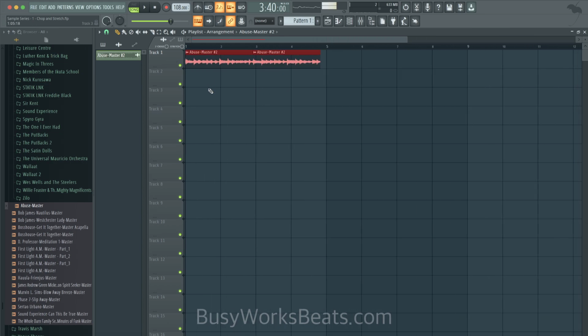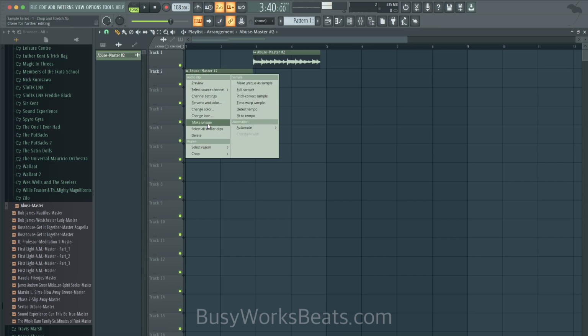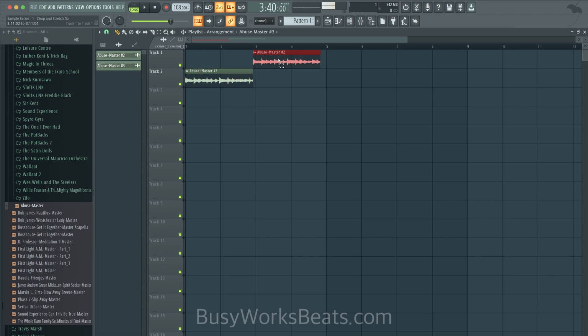This is why I like Ableton, because Ableton does all this work basically for us. But FL, you got to do a little work. So the first thing we're going to do is you have to decide, is this your final chop? Let's just teach you one way and I'll teach you a different way. So let's make this unique, because we want this one to be different than this one. If I time stretch this one, I want it to be different than this one time stretch. And that's okay. So just leave it at that.